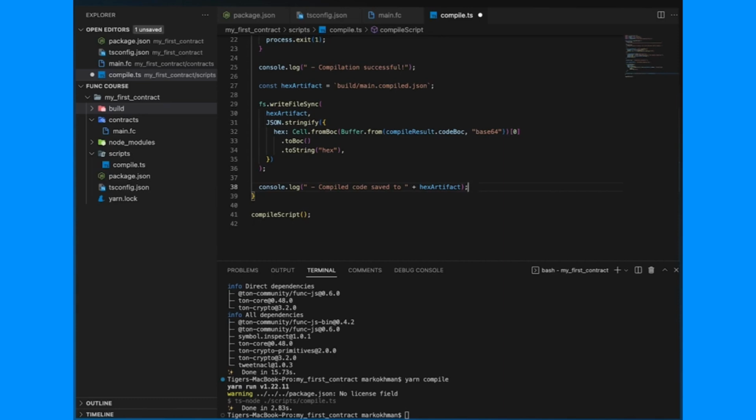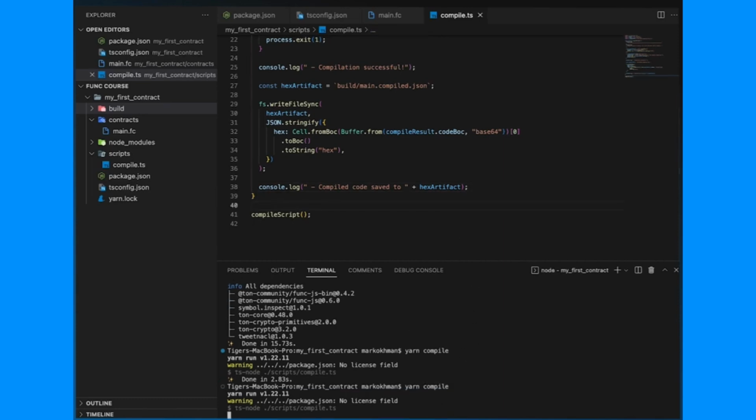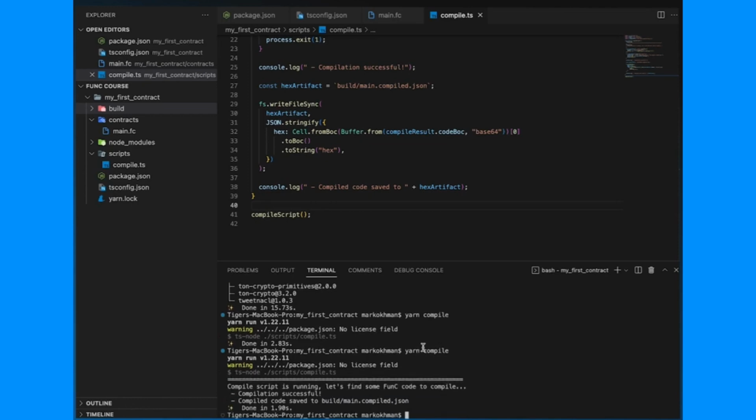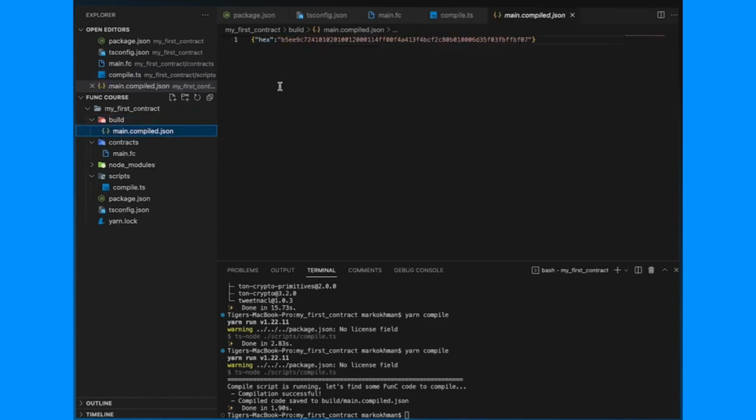And let's run the yarn compile script. And we see that the build folder now has this main.compiled.json. And it's crazy, but this is the code of your contract. This is just the base64 string representation of it. And our compile script is now